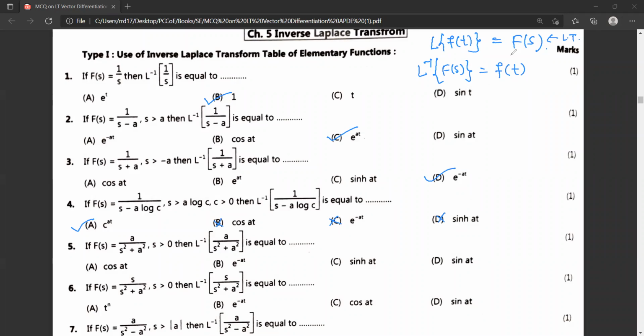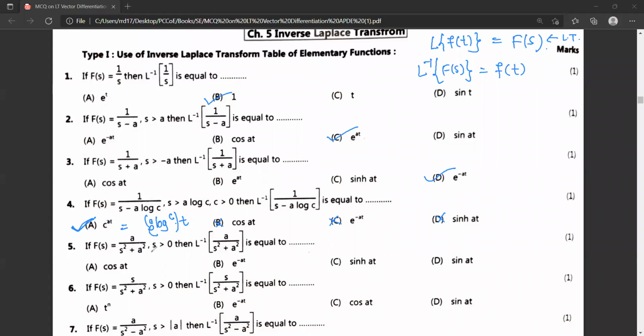Okay. Now this one. Here, if you look at this, we used to write this as e raised to log c यहाँ पे आता था और यहाँ पे क्या आता था आपका? The t I'm going to write here, and then a. So apply the e raised to at, instead of a it is log c. So which answer is this? Correct. Now this is the direct formula.